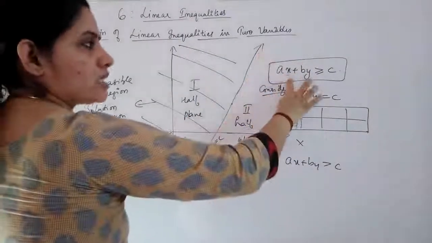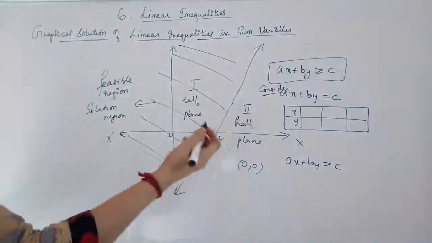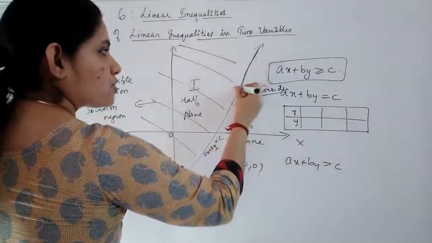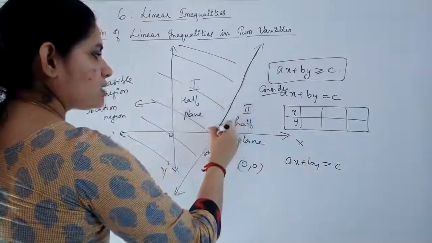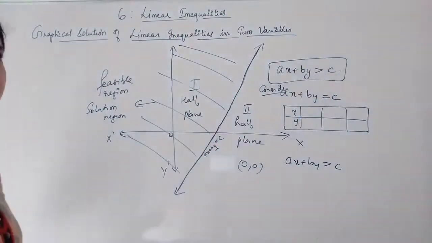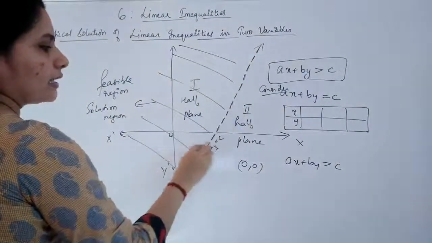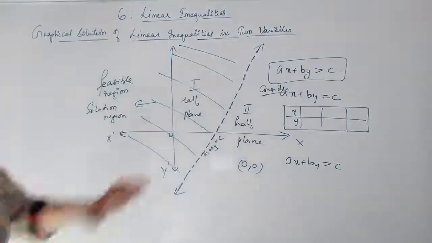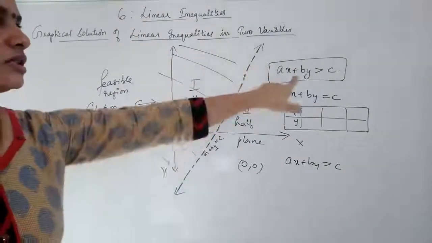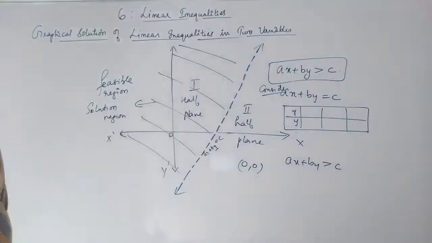Now in this question, you have ax plus by greater than or equal to c. If you have the equal to sign also in the inequality, this line which you have drawn first should be darkened. That is, it should be a solid straight line. Now suppose it has only the greater than symbol or only the less than symbol, at that time you have to represent it with a dotted line. That will represent that the points on this line are not a solution of this inequality. Okay, that will be represented if you make it in dotted lines.